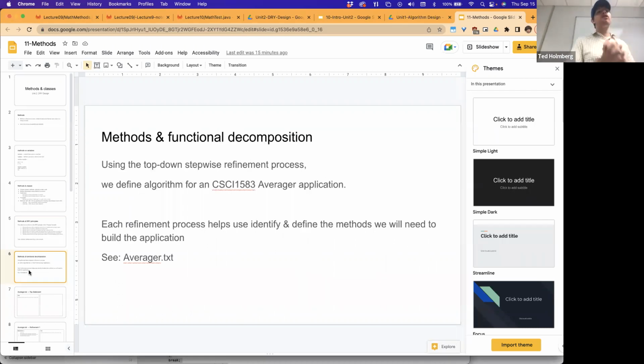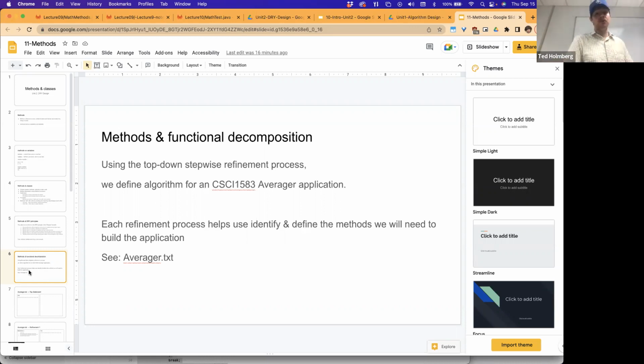Okay, let's talk about methods and functional decomposition. When I first talked about the top-down stepwise refinement process, I said we could use it for 2 things. The first is we can start with a top statement, and using this iterative step-by-step approach, expand that very simple summary into a fully fleshed out collection of pseudocode statements. And the nice thing about pseudocode is it's very similar conceptually to a programming language, such that I can then select a language like Java or Python or C++, and then do a one-to-one mapping from my pseudocode to that